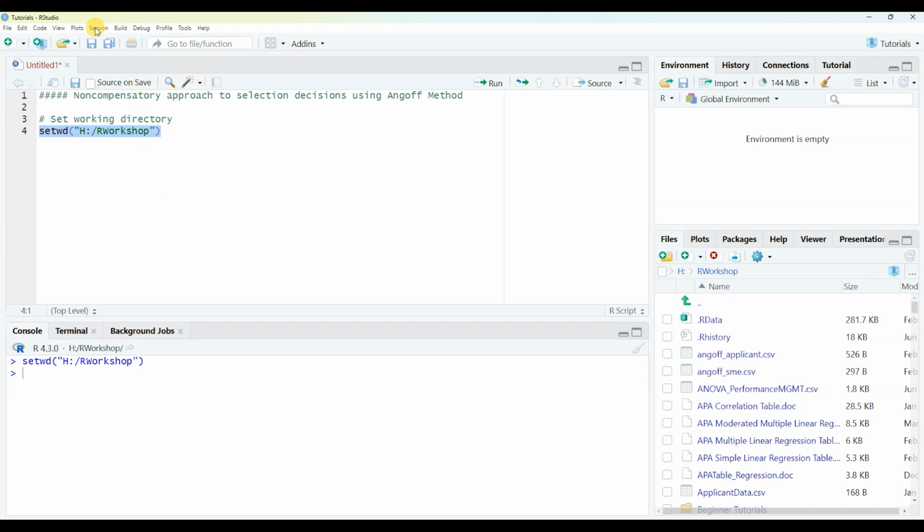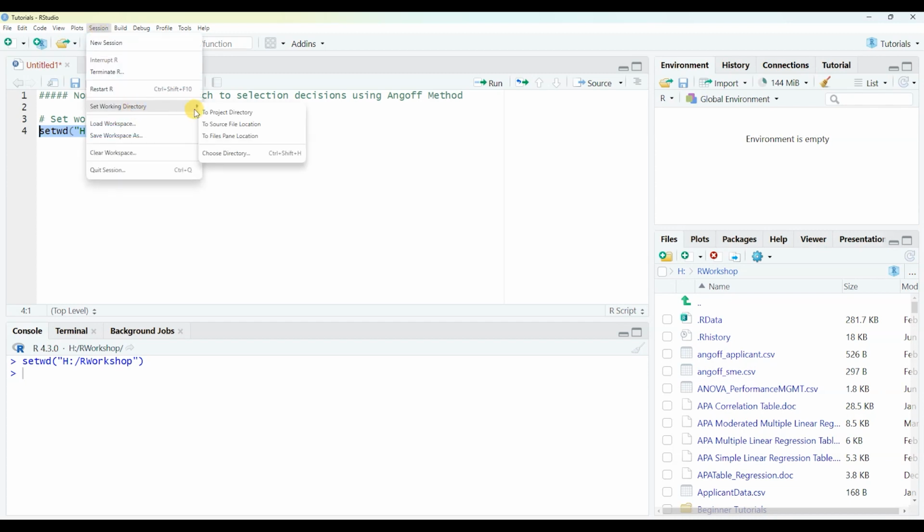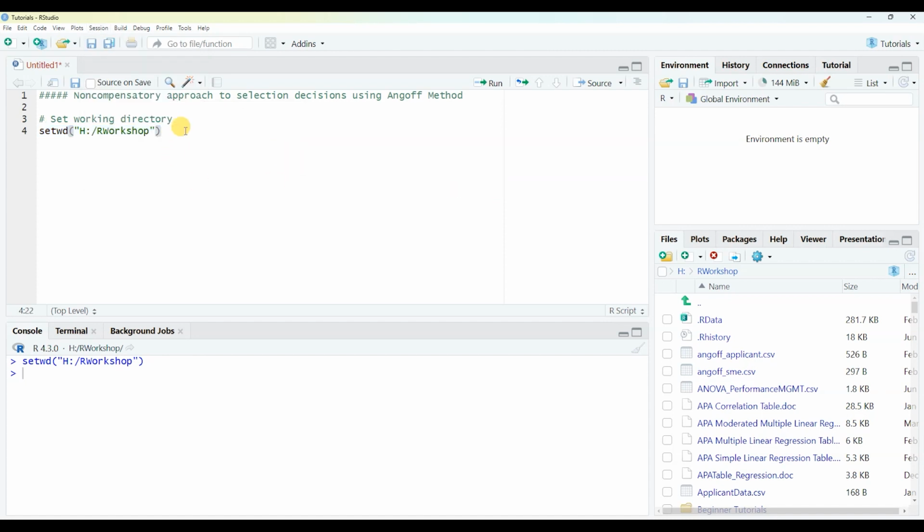The next thing I will mention is that if you wanted to select another folder and you don't remember the path off the top of your head, you can go to Session, Set Working Directory, Choose Directory to find the folder where your files are saved. Okay, so now that we've set our working directory, R knows where to look for those two data files. And we're going to read in the first one initially, and then later on we'll read in the second one